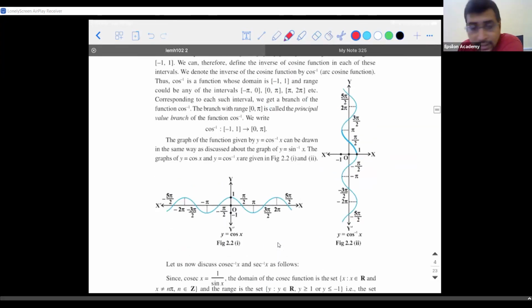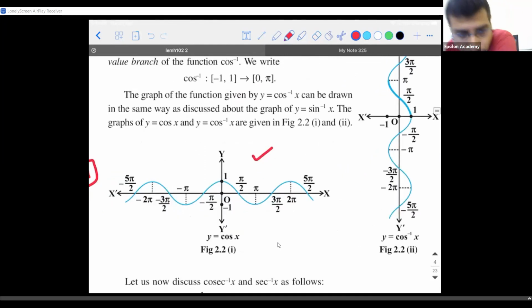What can you say about y is equal to cos x? So x belongs to all real numbers, and y belongs to -1 to 1. But when I draw y is equal to cos x for all real numbers, I am getting a graph like this. Is this graph telling me that it's a one-to-one function? No, sir, it's not a one-to-one function. Then how can I make it a one-to-one function? We have to restrict the domain.